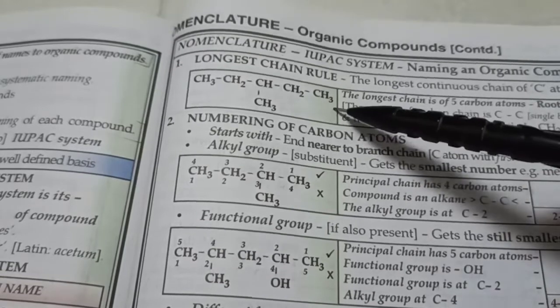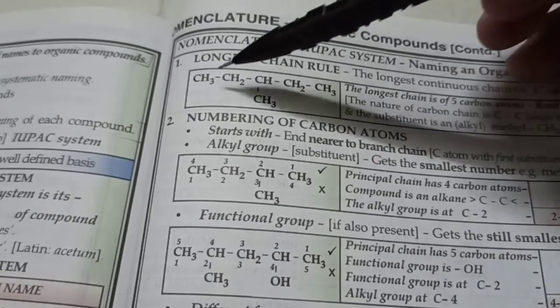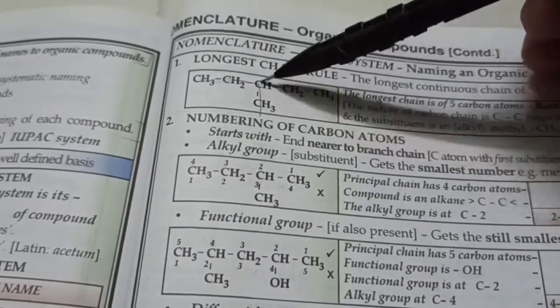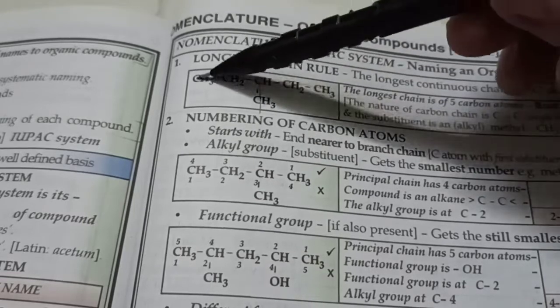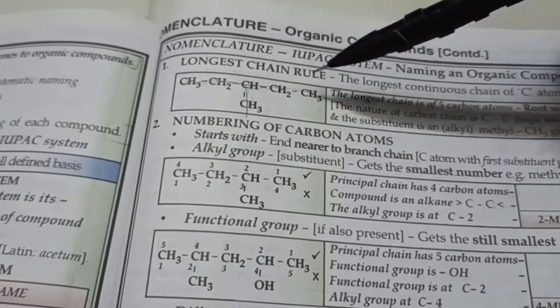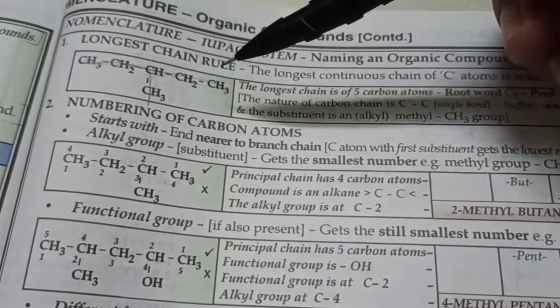So this is the compound. How will you name it? First, step number 1, longest chain. I guess this one. 5. How about this one? No, that's just 4, so it won't work out. Not even this. So longest chain is this one. 5. Okay, so that's pent. Great. And I see only single bonds, so pentane.